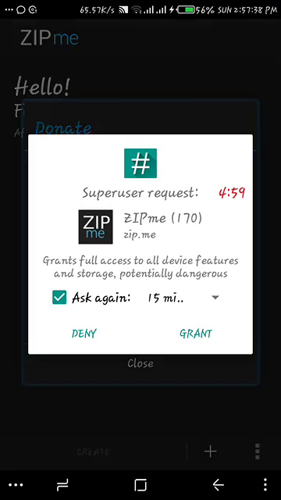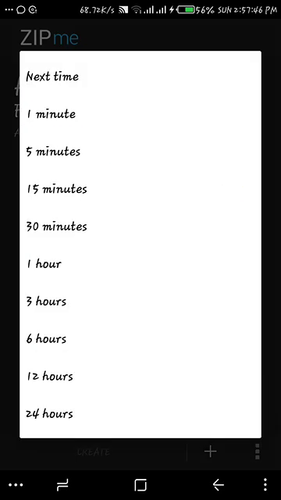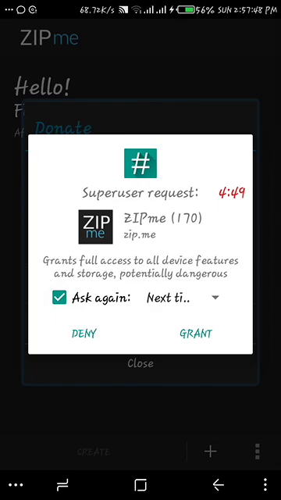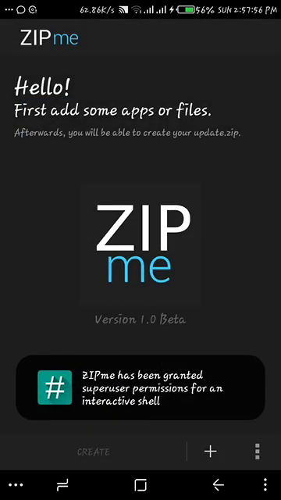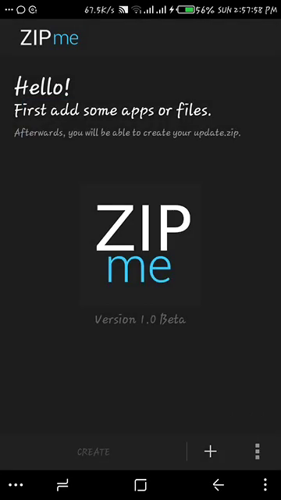After opening the app, it requires root access. For doing this, you just need a rooted Android device and grant the super user access for the ZipMe. As you see, the ZipMe app has been granted the super user permission on my device. So at this point,